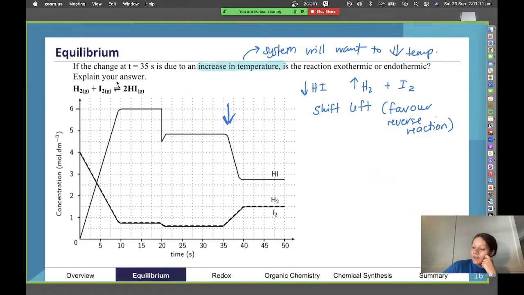So that means favoring the reverse reaction is somehow decreasing the temperature of the whole system. If we're decreasing temperature, that means we're using up heat. So when we shift to the left here, we're using up heat, which means heat is sitting on the right-hand side, as a product, like I was mentioning before. So we can infer that, looking at it left to right, we have an exothermic reaction where the products are releasing heat. Therefore, we can say the reaction is exothermic.